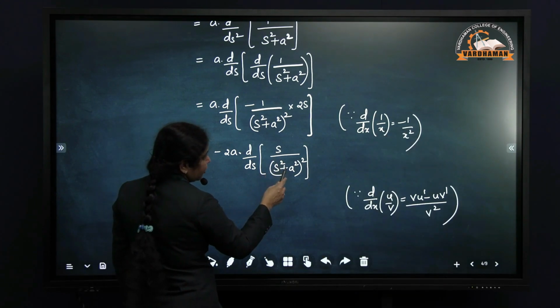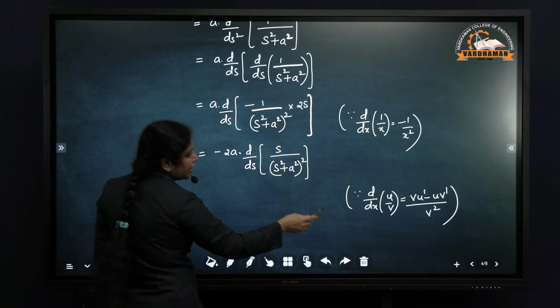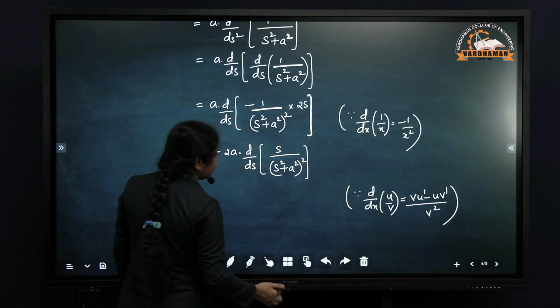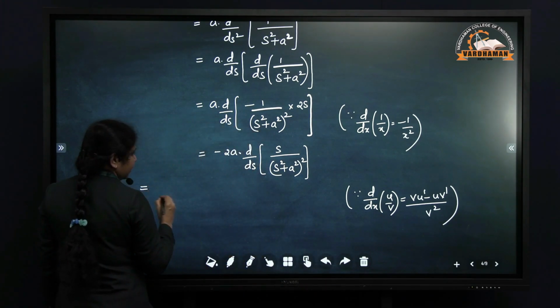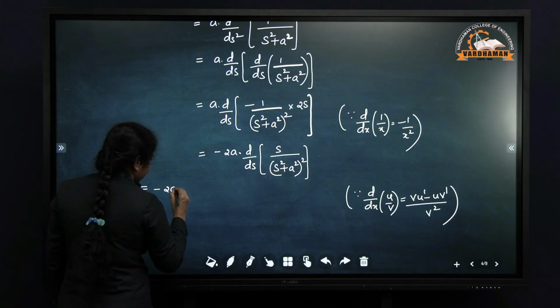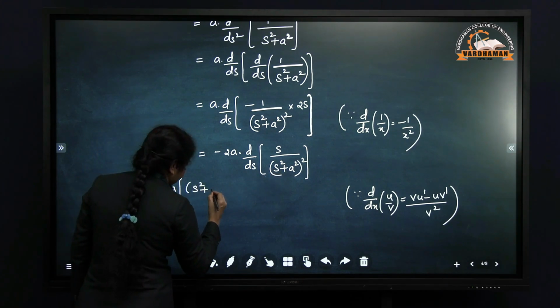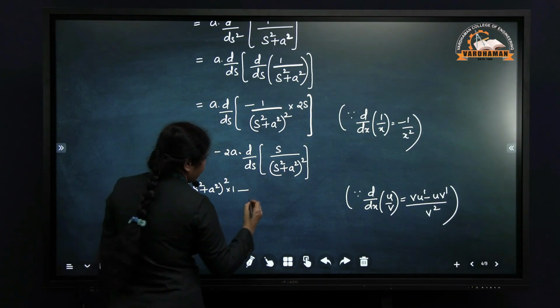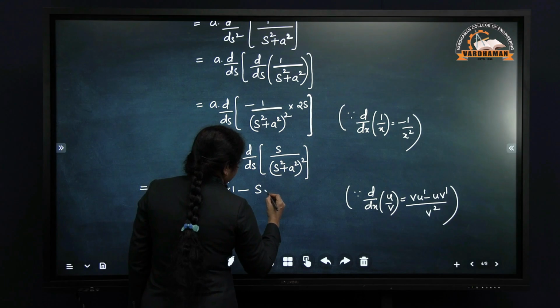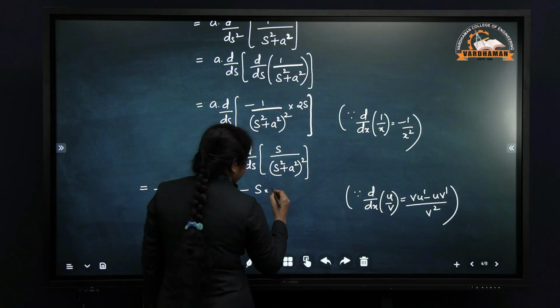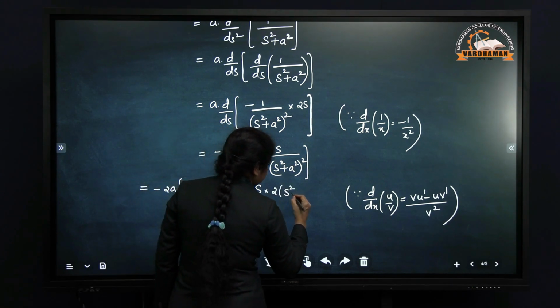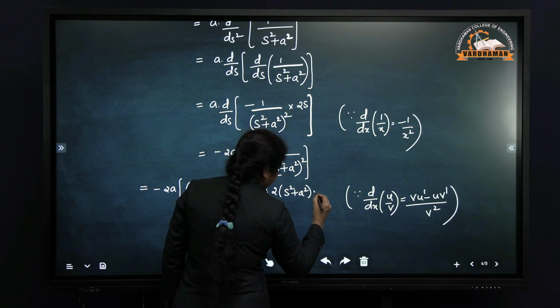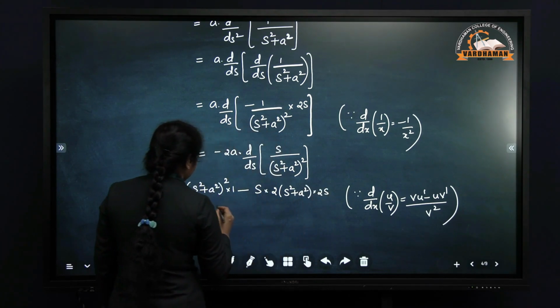Since both numerator and denominator contain the term s, that's why we are applying the formula for the derivative of u by v for this expression. So which gives minus 2a into s square plus a square whole square into the derivative of s, which is 1, minus s into, again, the derivative of s square plus a square whole square, which is 2 into s square plus a square, and the inner derivative with respect to s is 2s,